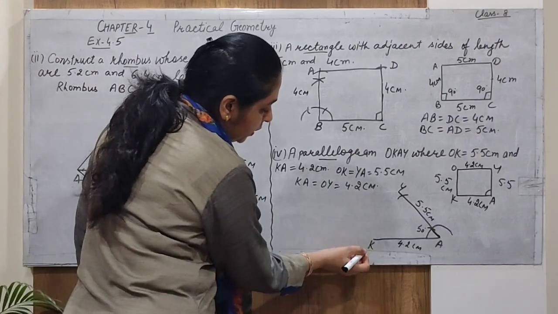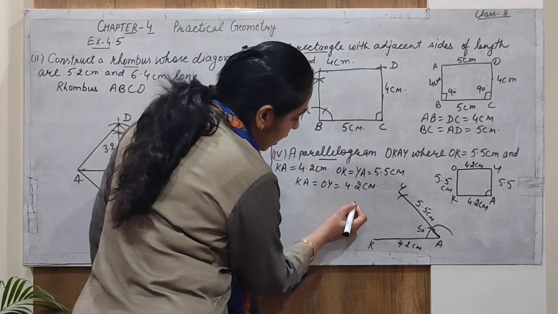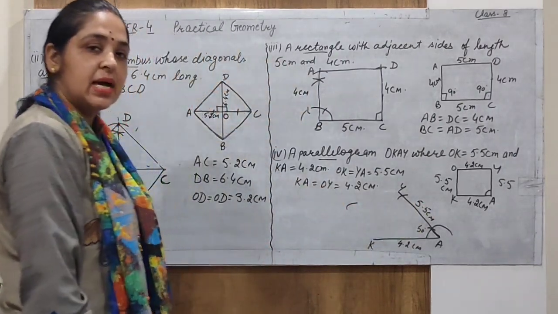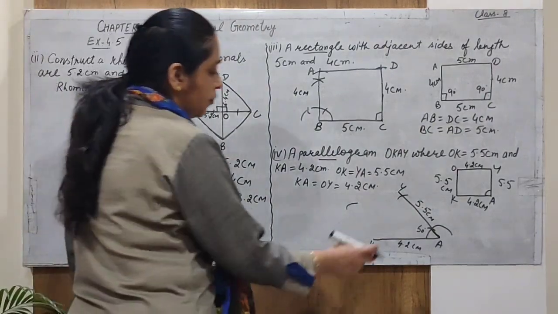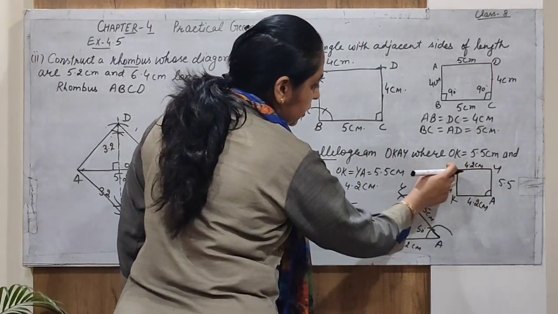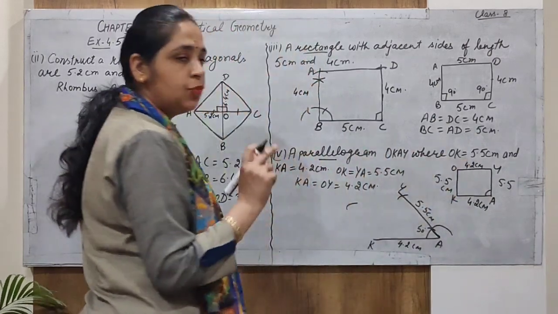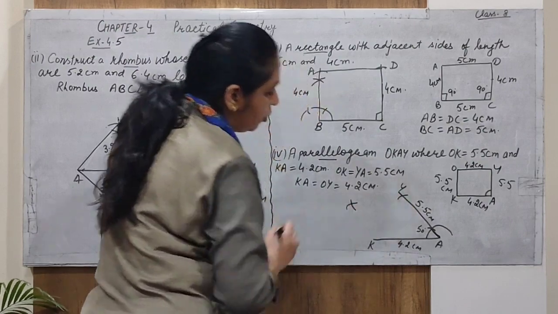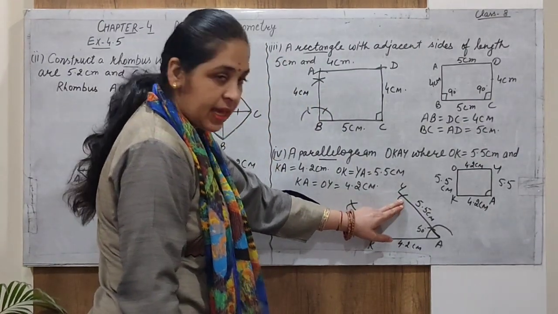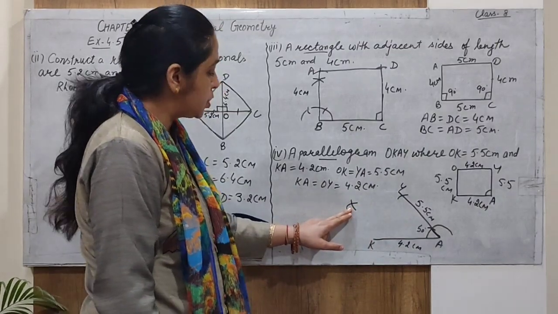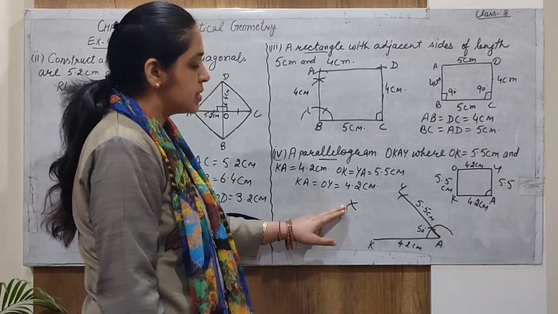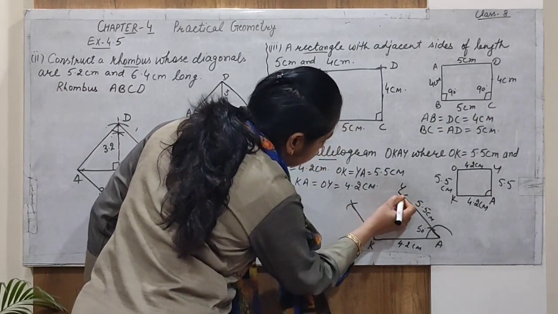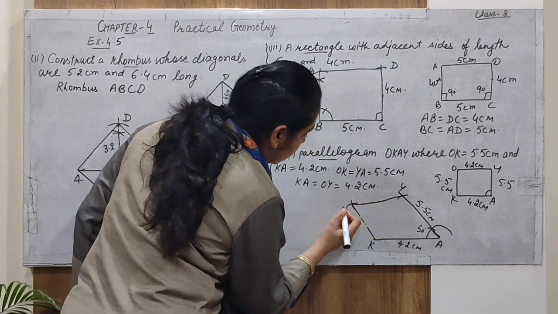So in this side from K, we have to draw one more arc similarly at 5.5 centimeter because opposite sides are equal. Now from point Y, the vertex O is at distance 4.2 centimeter. So draw an arc at 4.2, considering Y as center at a distance of 4.2. Considering K as center, distance is 5.5. Now when we join these arcs with the related points, we get a point O.